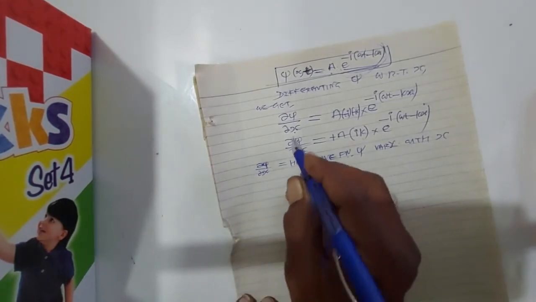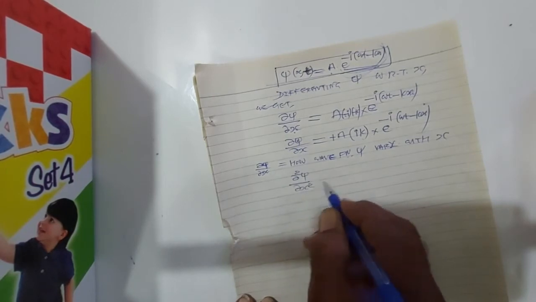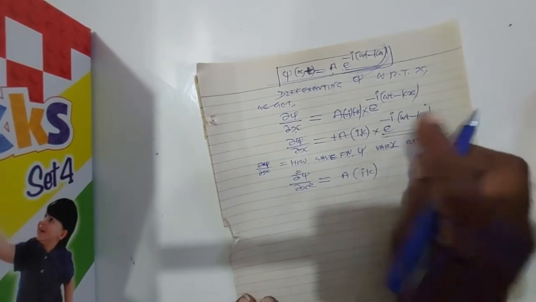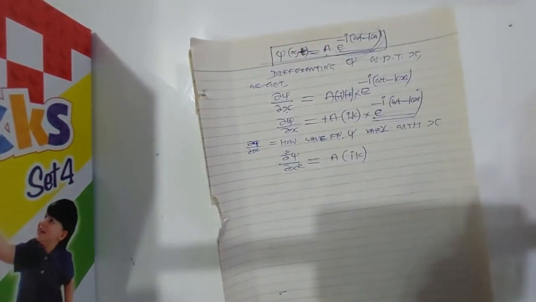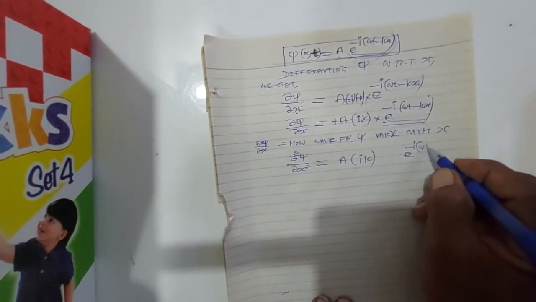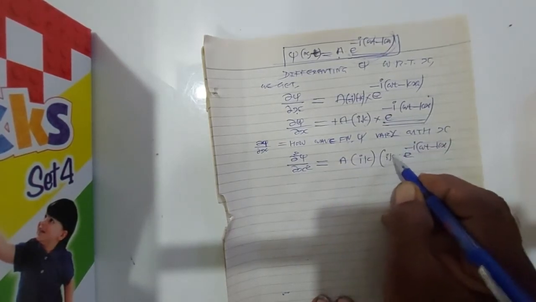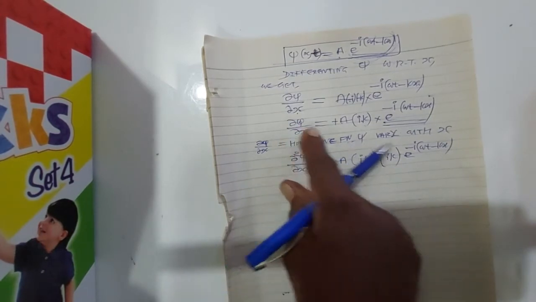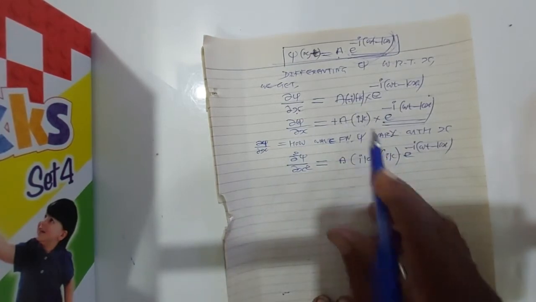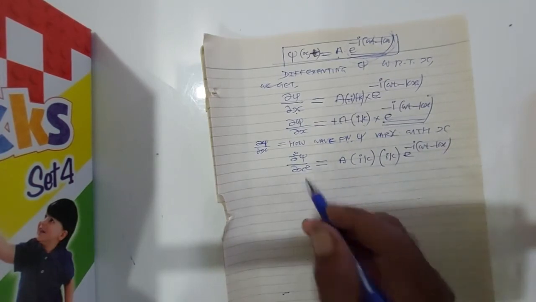Now if I differentiate again, I get d square psi upon dx square is equal to A, a constant, ik, a constant. Again the derivative of e raised to minus i(omega t minus kx) will remain the same, e raised to minus i(omega t minus kx) into ik. So taking the second derivative, d square psi upon dx square is equal to A, ik, and e raised to minus i(omega t minus kx) into ik.